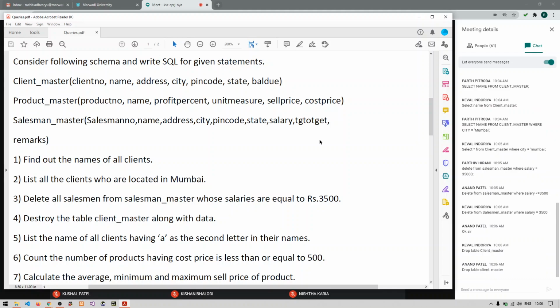Next, list the name of all clients having A as the second letter in their name.